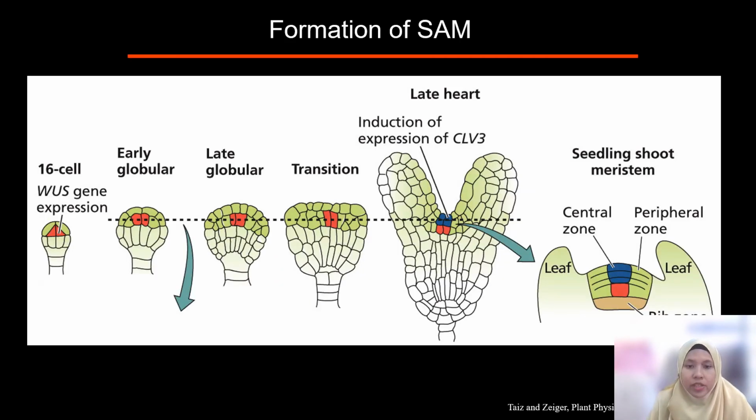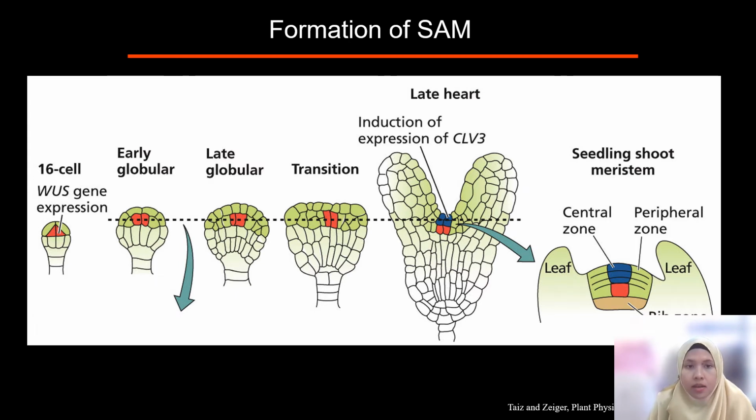So this is the formation of the SAM. So SAM ni stands for the shoot apical meristem, and kita boleh nampak it involves the genetic control, for the shoot growth and also the root growth, and also flower growth sebenarnya. On the cellular and also molecular basis ataupun level, memang dia ada genetic control dia. Okay, so kita boleh nampaklah kat sini the gene expression nya on how it